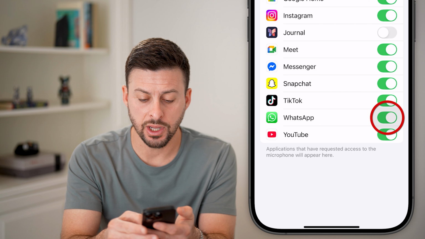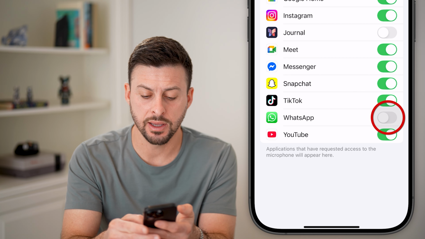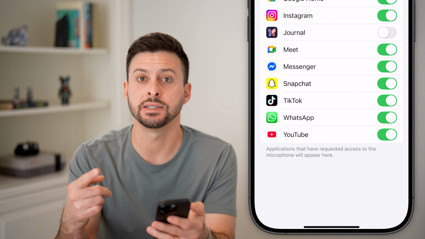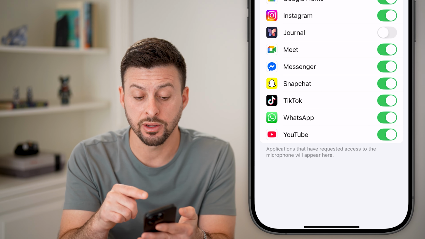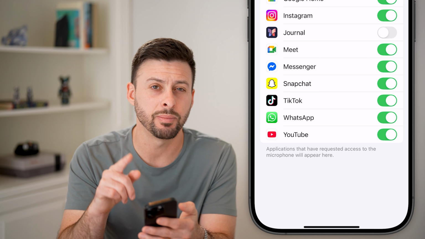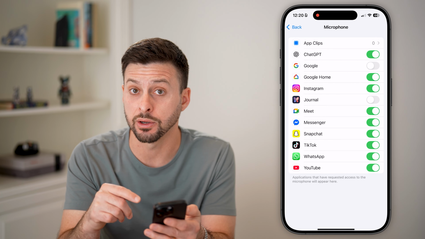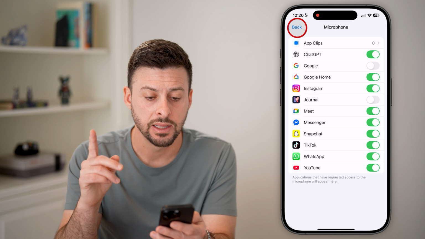Now, keep in mind, you can always just toggle it off and then toggle it back on to reset access to the microphone. If you see an app on here that is showing up, you can always turn it on. But if an app doesn't show up on here, it's just not on that list, then let's move on to